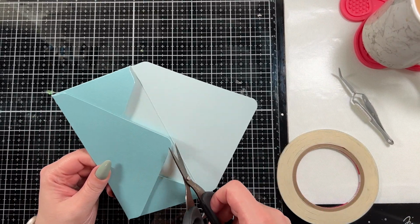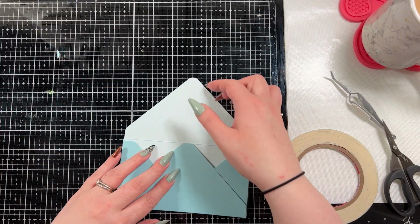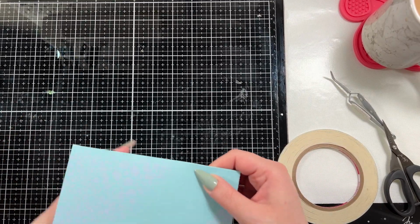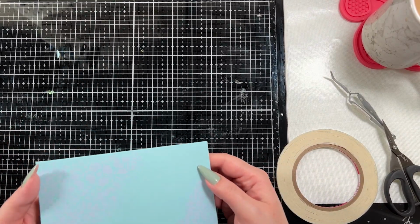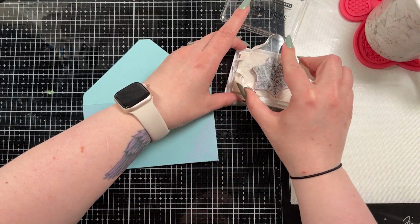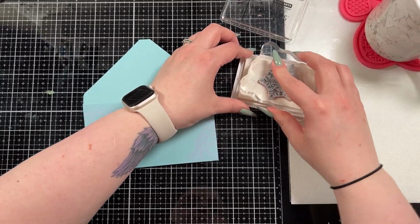And then here you'll see I have to trim this down a little bit just because it will catch. If I don't trim it down, the envelope can't close. So that's just kind of my preference. And then here I'm going to make sure all my folds are good and then go from there. And I really wanted to add some snowflakes to the envelope,